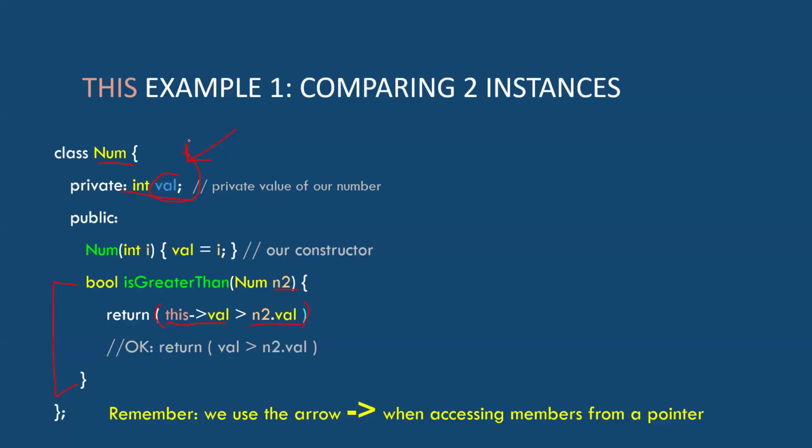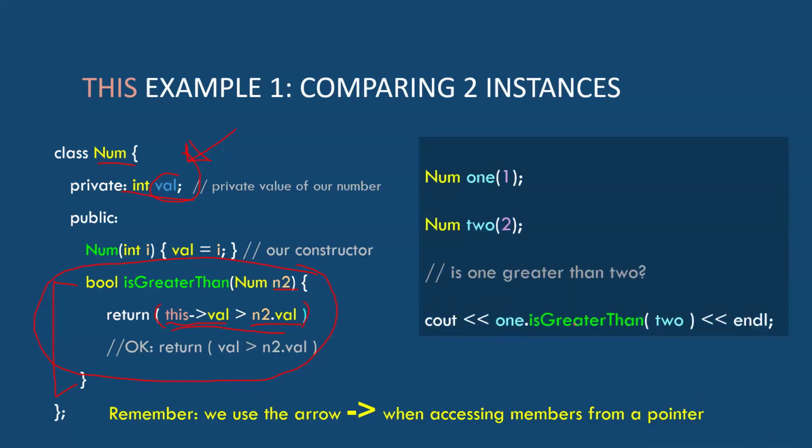Now, if I have lots of data members, it's a little trickier. So comparing or even sorting, for those of you who just took Comp 220, sorting instances of custom classes is not an easy thing to do unless we write some special methods. Like, how does C++ know whether one car is less than or greater than another car if we're making a car or a person or whatever? So we'll get back to that, how that actually works in C++. But here we can do a trivial comparison of our value, and then we know the answer to that question. Okay. So that's using this. Okay. So now we can just say, you know, cout 1 dot is greater than 2.